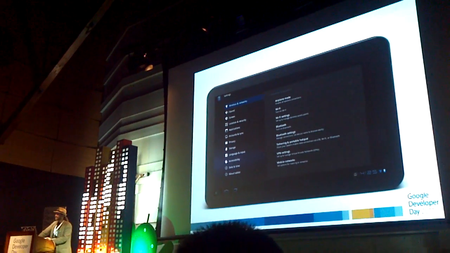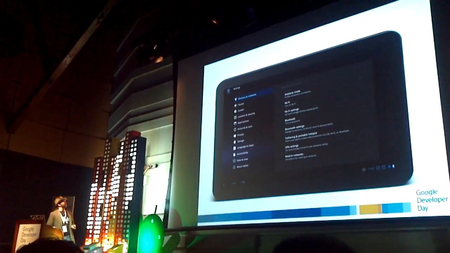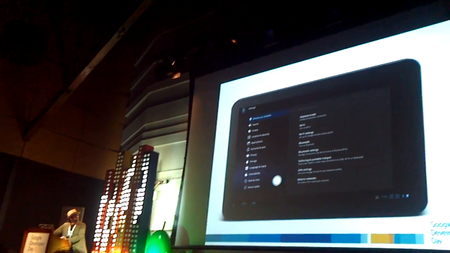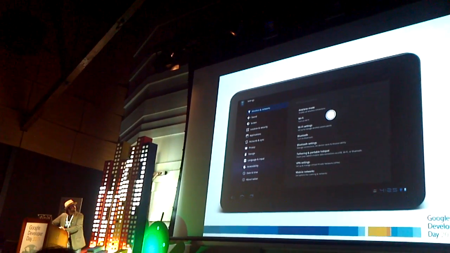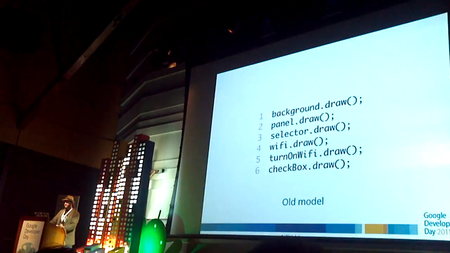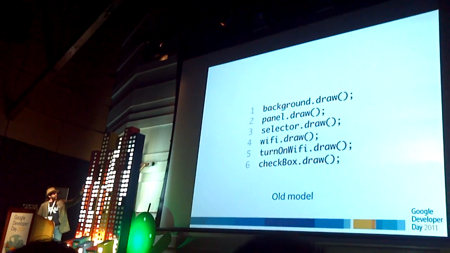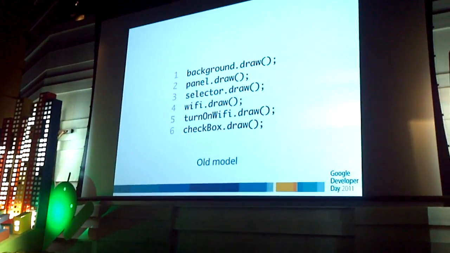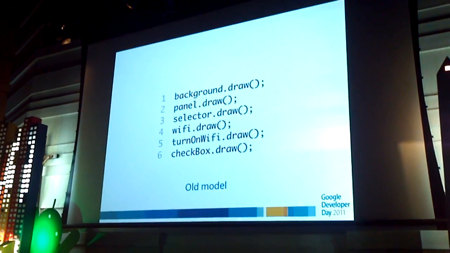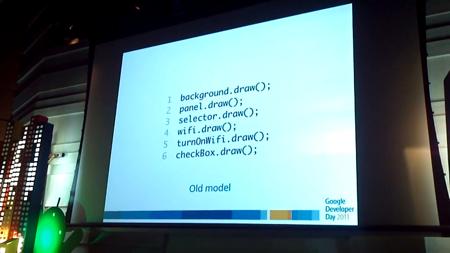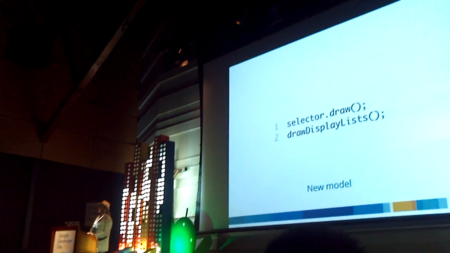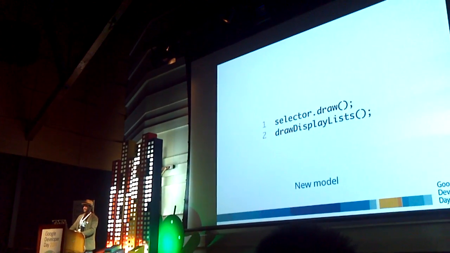Let's examine this as an example of what happens when we enable Wi-Fi in the settings of the Zoom. We're going to tap that and look to see what happens in both models. So this is what happens in the old drawing model. The checkbox gets hit, we turn on Wi-Fi, there's the Wi-Fi selector panel, all of this drawing. Lots and lots of code. And in the new model, this is what happens. Only one tiny piece of Java gets executed, and the rest of it is entirely done in native code